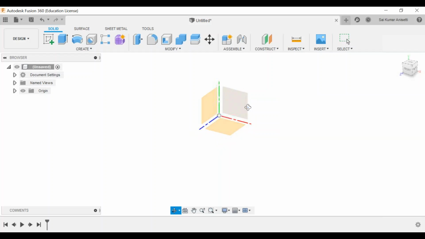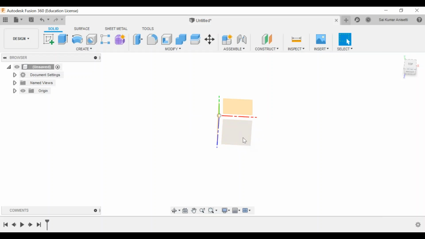Mouse controls: if you want to rotate any given object with respect to that particular origin, you have to hold down your shift and press your center mouse wheel. If you have your software running in the background, you can just practice it right away. Now my default isometric view is lost, right?